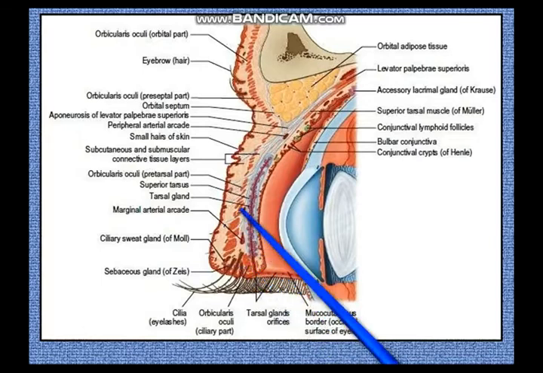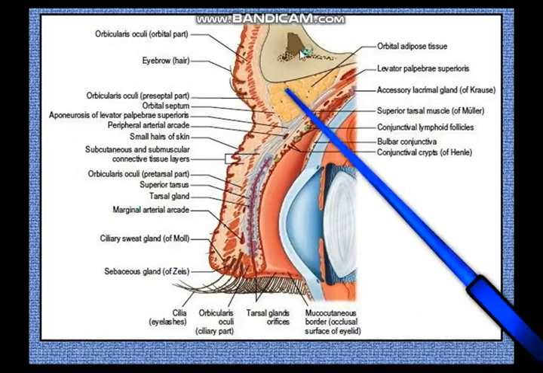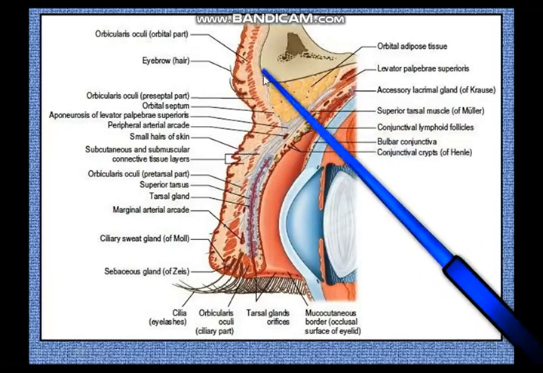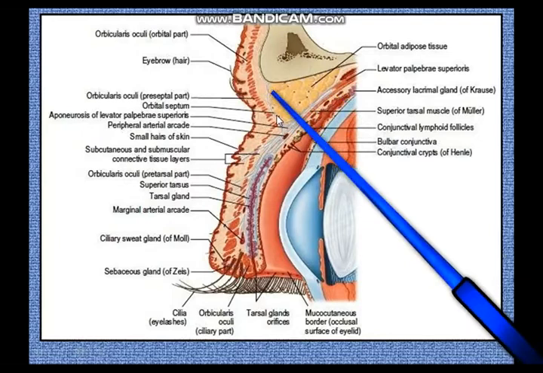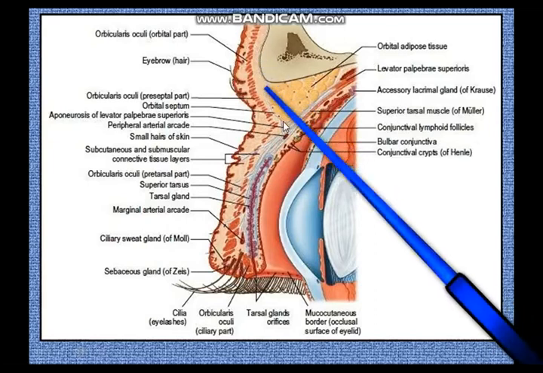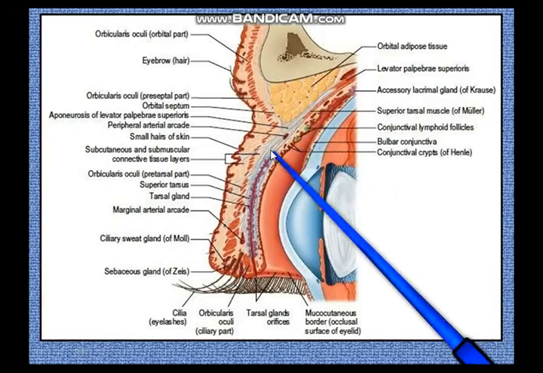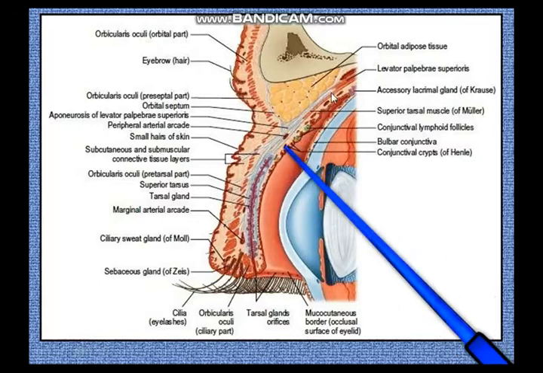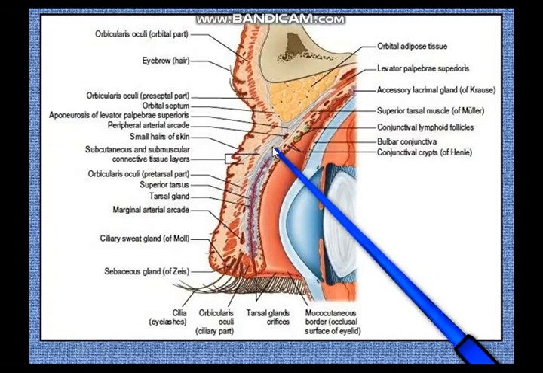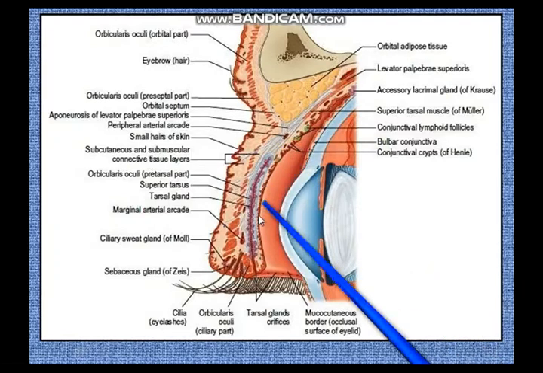And again because this is the orbital margin, descending from the orbital margin is the septum. So you can see the orbital septum, which is an extension of the orbital periosteum attached to the tarsal plate. So a large number of structures: tarsal plate, orbital septum attached to the tarsal plate, some fibers of the levator palpebrae superioris also attached to the tarsal plate, glands within the tarsal plate, opening of the glands through minute orifices at the ciliary margins beyond the tarsal plate.